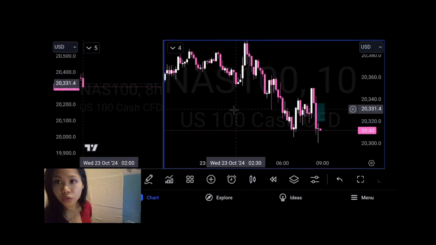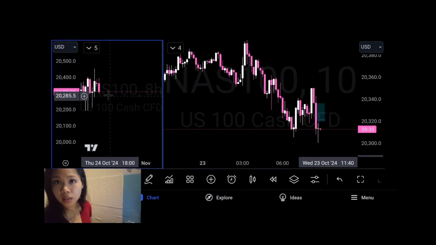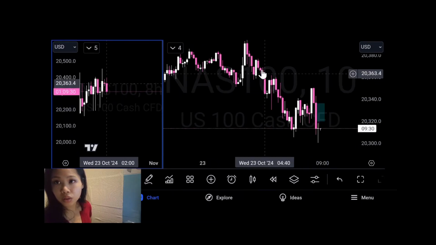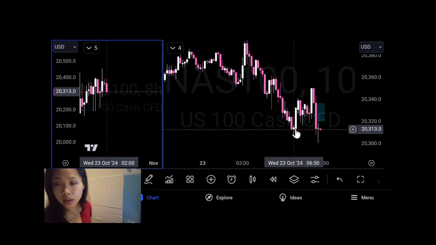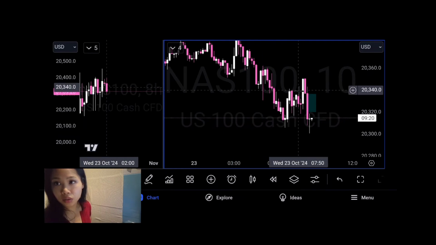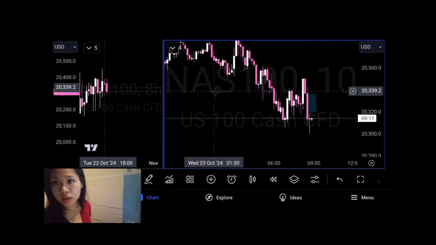So starting at 2 a.m. I was looking for a sell, but I also knew that price had an imbalance at the 8-hour time frame here. So when price traded into that, I was waiting for some kind of a bullish signal, but there wasn't any clean bullish signal. And so starting at 2 a.m., I didn't have any clean